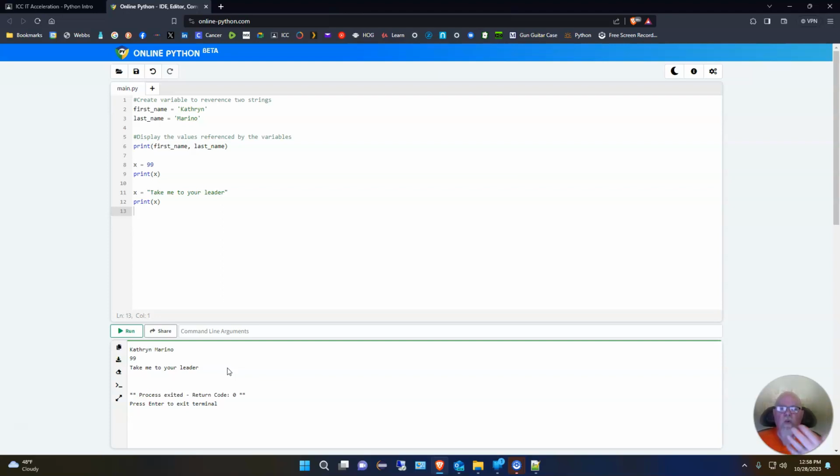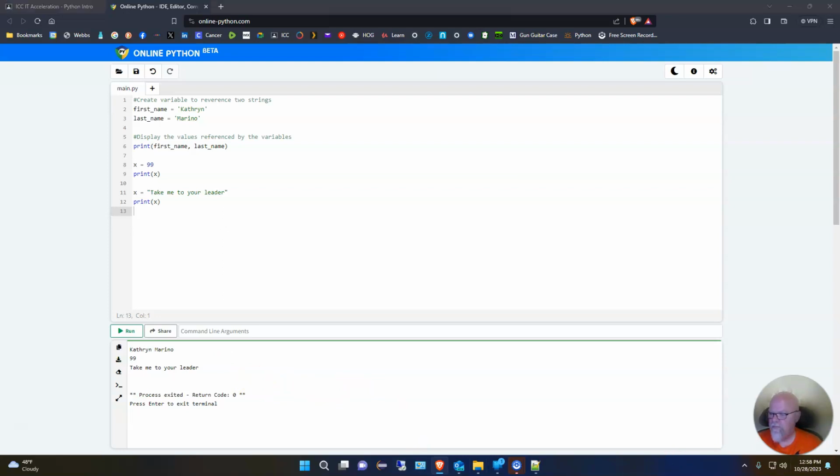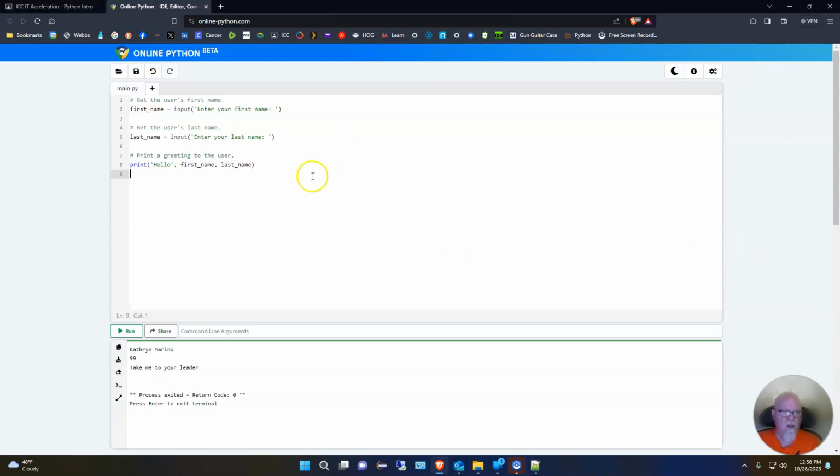Now, how do we get input from the user? Well, let's open up string input. And here I've got first name equals input, left paren, enter your first name, space. Now notice we got a space there, and that's very important. And then I've got last name equals input, enter your last name, colon, space. And then I'm going to say print hello, first name, comma, last name. So let's go ahead and run this. And then what happens is, on the screen down here, it's going to say,